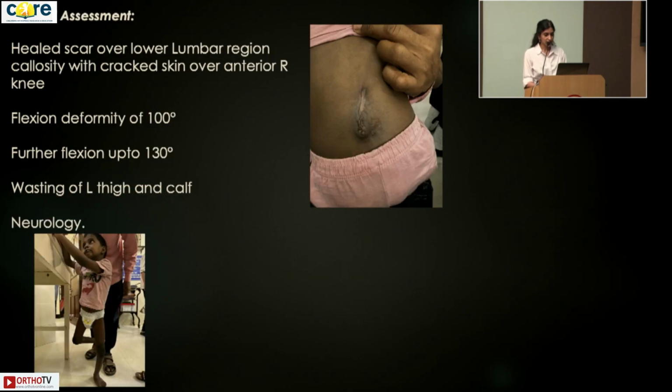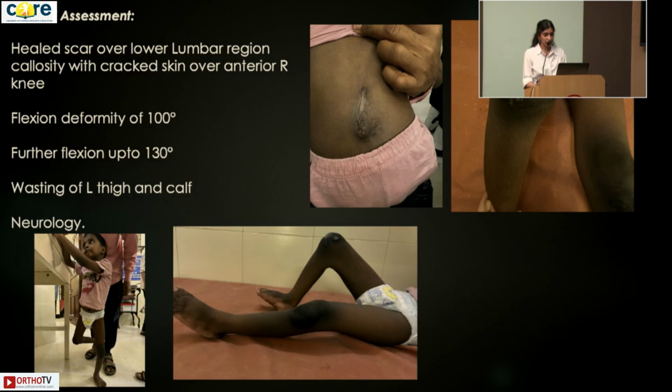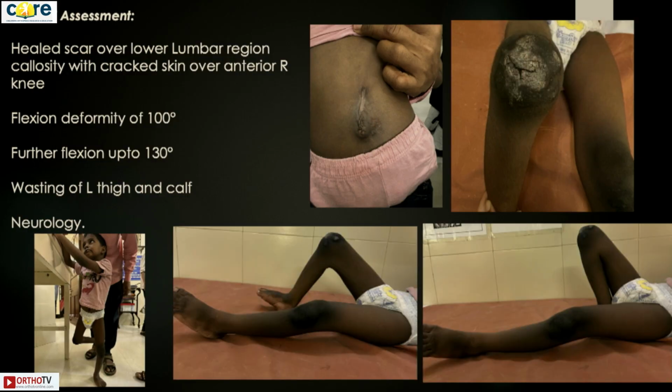So on clinical examination, there was a healed scar over the lower lumbar region from the previous surgery, and there was callosity over the anterior aspect of the right knee. He had a flexion deformity of about 100 degrees, with further flexion possible up to 130 degrees, with significant wasting of the left thigh and calf. The child could stand with support on the well leg, and overall assessment of neurology showed that the affected limb,